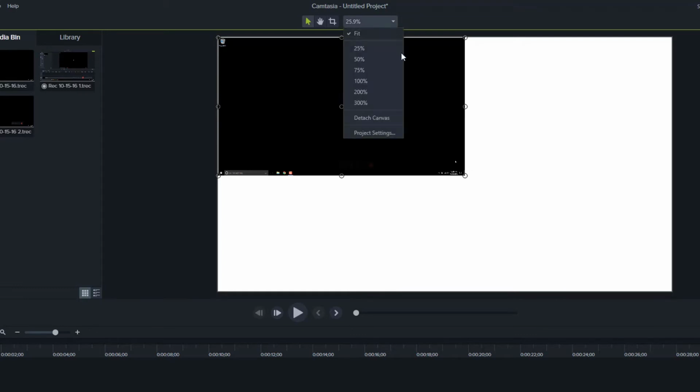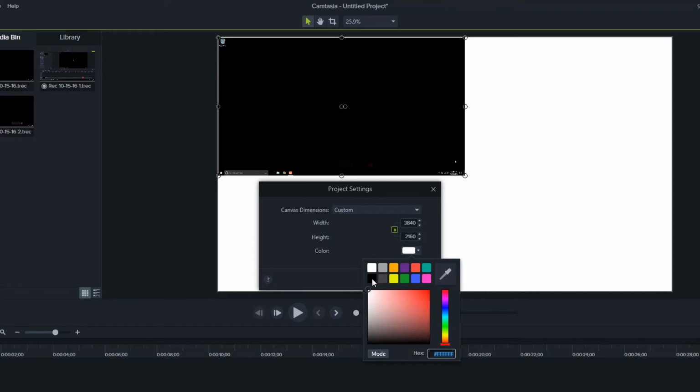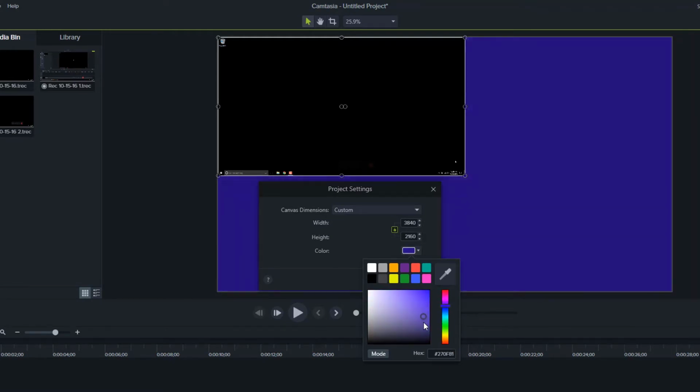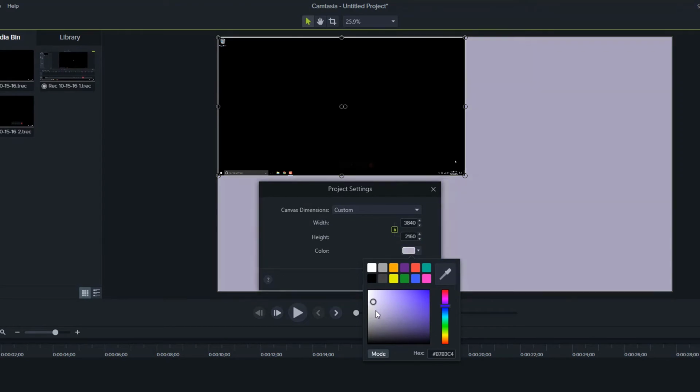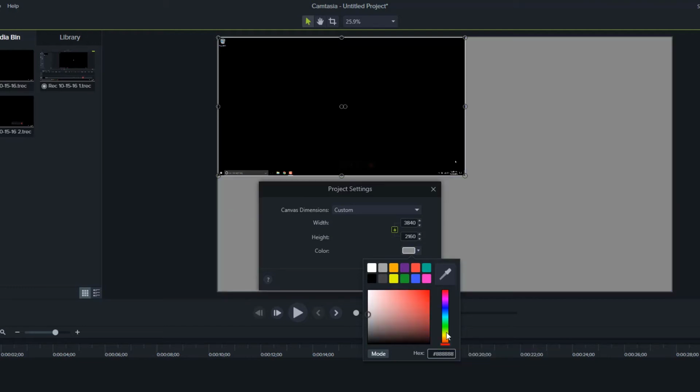If I don't want that, again, I can go back to my project settings, change that canvas color back to black, or I can set it to any color I want. I can move this slider up or down to find a color that I want, and then within that color I can choose whether it's lighter or darker, or if I happen to know what the hexadecimal code is for that, I can choose that here. So if I want a nice gray color, I can just choose something like all 8s, and when I hit enter, then it says, okay, here's that gray that you wanted.